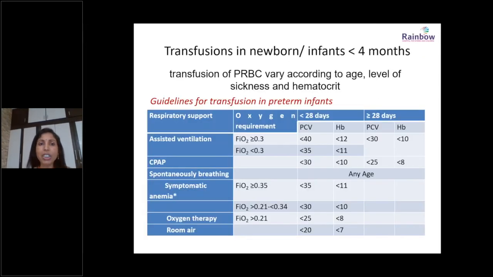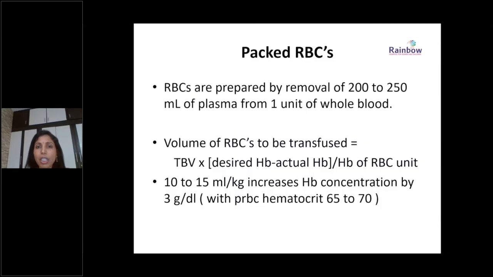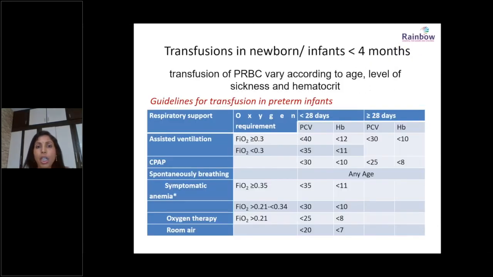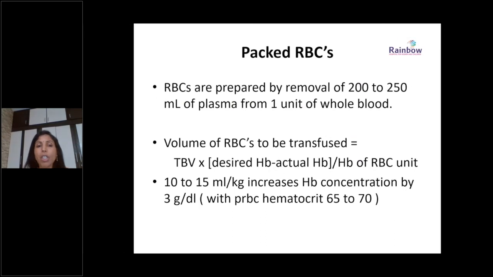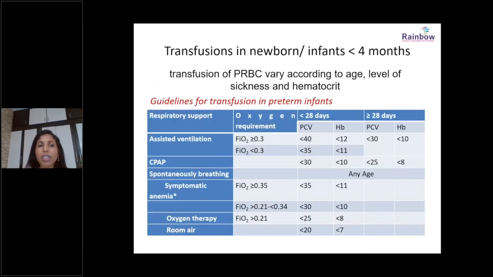If you look at the indications, if you are on ventilation or on CPAP, the guidelines are different. If you are on ventilation, you need a hemoglobin of around 10, especially on vasopressors. And if you are looking at a child in the early part of the illness, we have to go ahead and maintain a good hemoglobin. If the child is on CPAP, then the hemoglobin we desire or need to maintain will come down. If you are on oxygen therapy or in room air, definitely the indication will go down, to less than 7, less than 8.